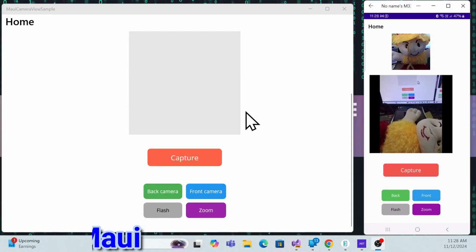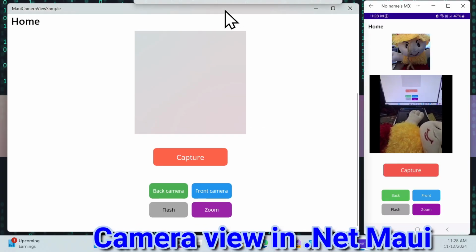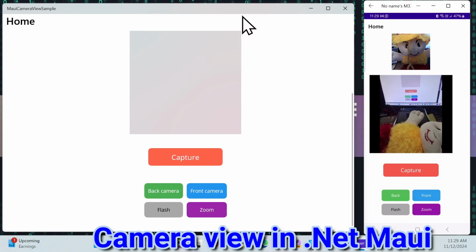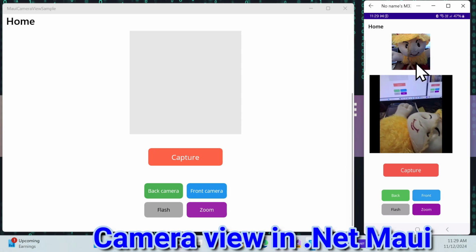Let's just do a demo first of camera view in .NET MAUI. Here my application is actually running. This is a Windows desktop application, and this is my Android application, which I connected to my real device. As you can see, once I move my camera, you're able to see my